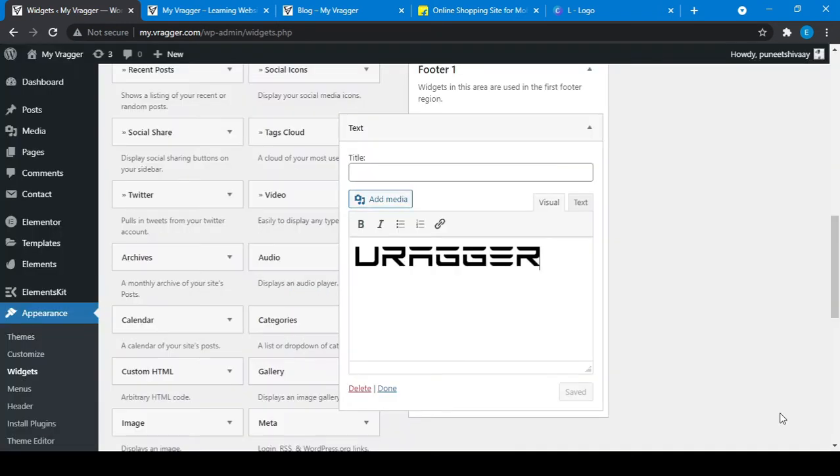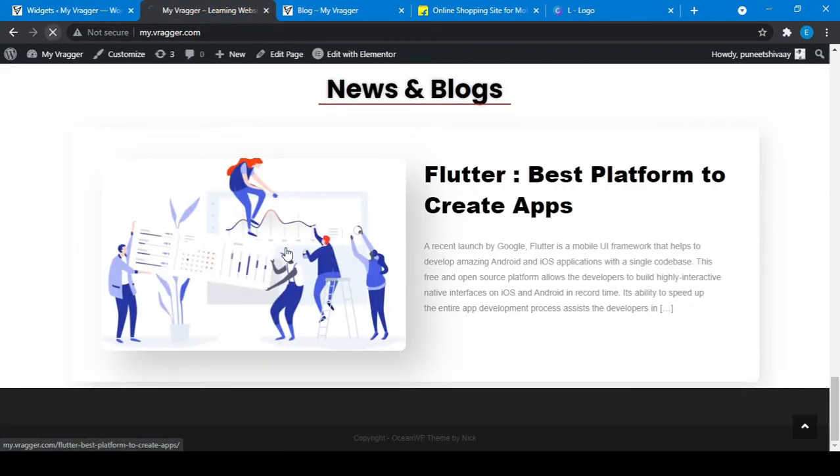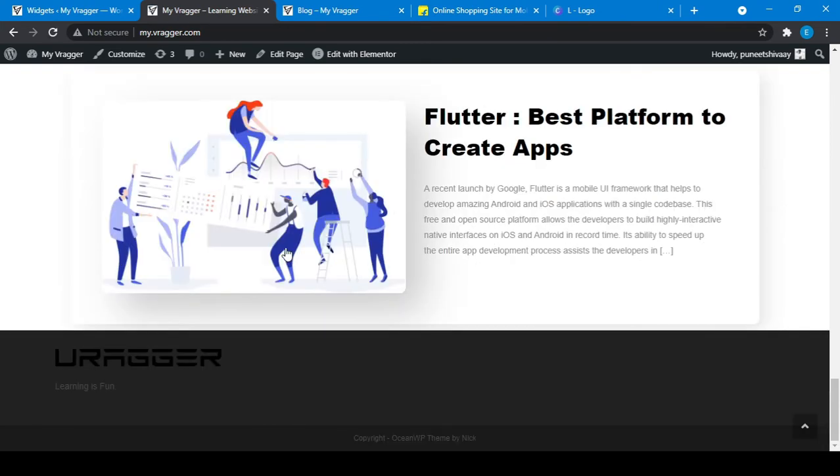Insert into post. After that, I want just learning is fun. I save this, click on done, and refresh it. You will see content like this. Don't worry, we will change the background color later. Now footer one has some text like this.